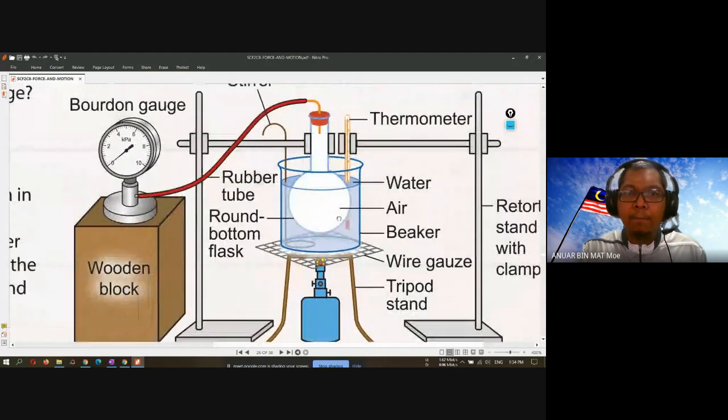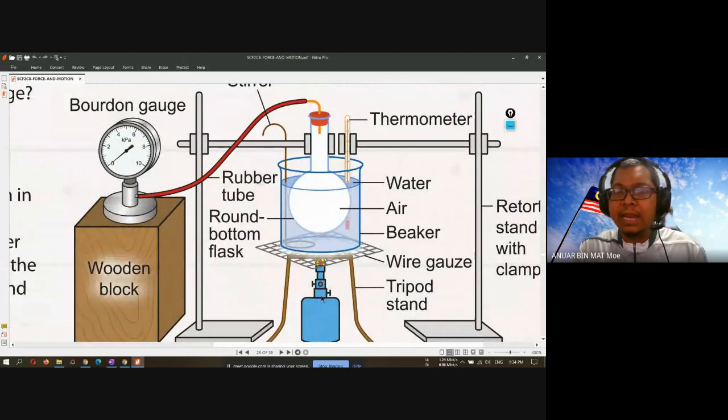Okay. What happens to the air pressure when we heat it up? According to the picture over here, when I heat the air inside the beaker, the pressure also increases. You just remember that. When you heat the air inside the container, it will